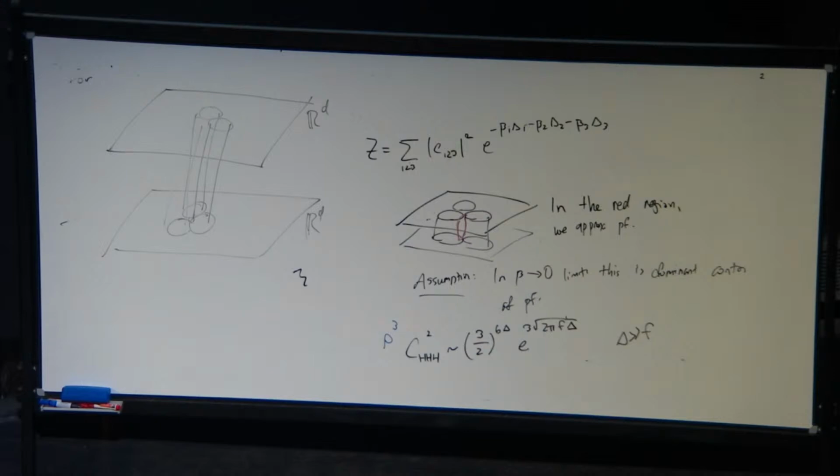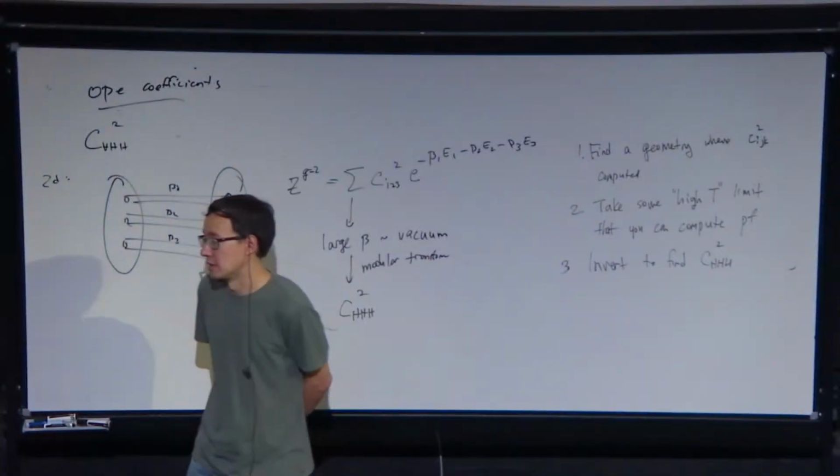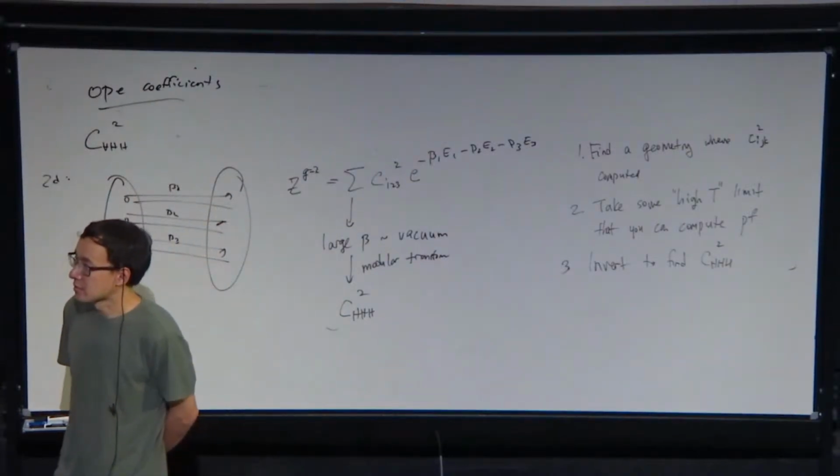Because, well, I didn't write the 2D formula, but the leading behavior is much different. I think the global one is like 27/16 to the delta, and then the Virasoro has a different power. So somehow, when you have these black holes dressed with boundary gravitons, it really qualitatively changes these scattering formulas or something like that. But I don't have much intuition other than just looking at these formulas.